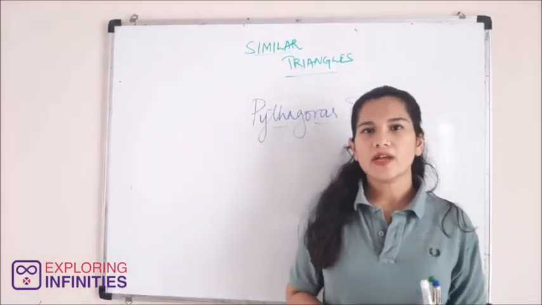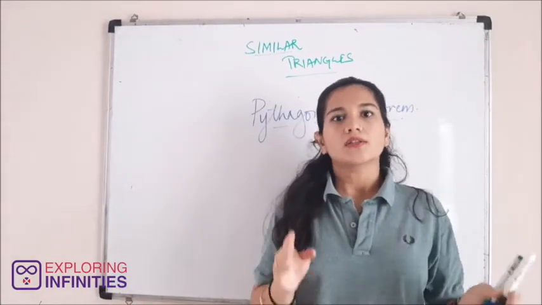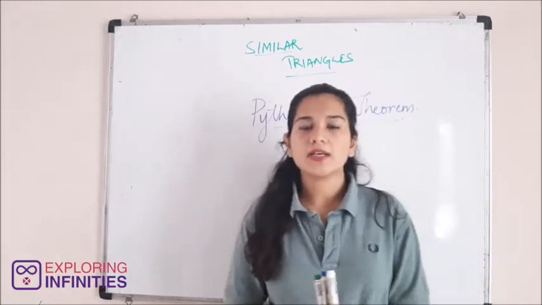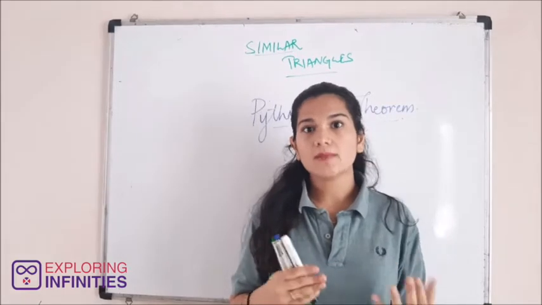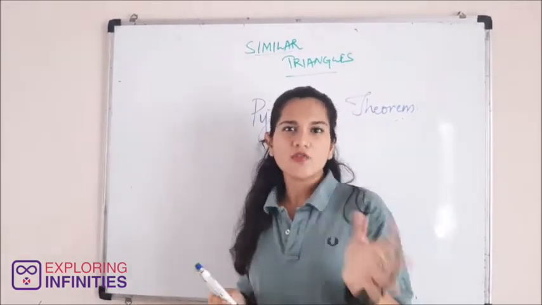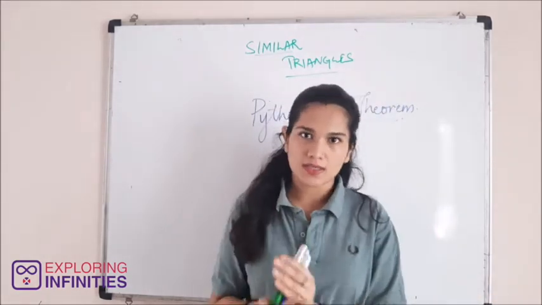In this video we are going to discuss three theorems that you have in your textbook: the Pythagoras theorem, the converse of it, and the first theorem that we are going to talk about, which is actually theorem 8.7 of your textbook. It states a few things that would set up a base for proving the Pythagoras theorem.